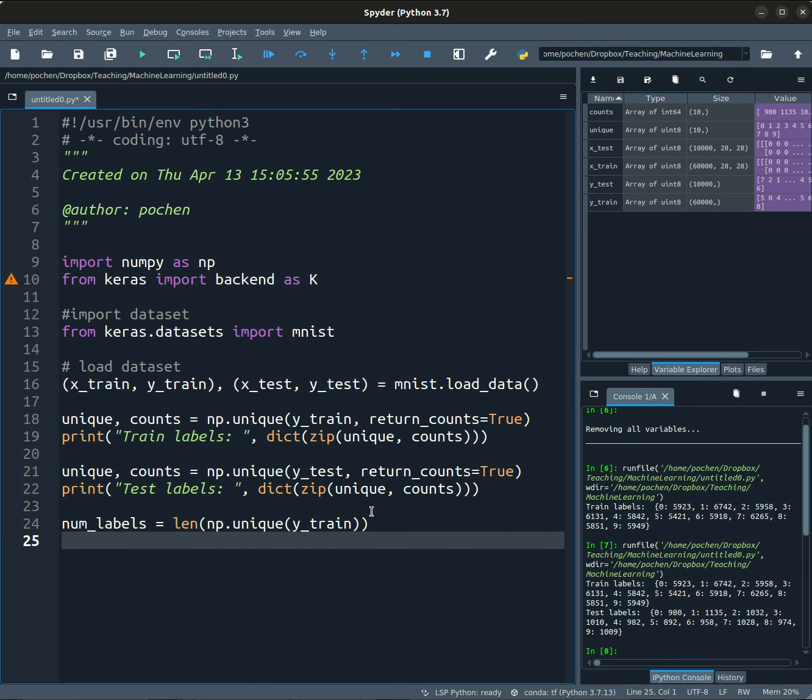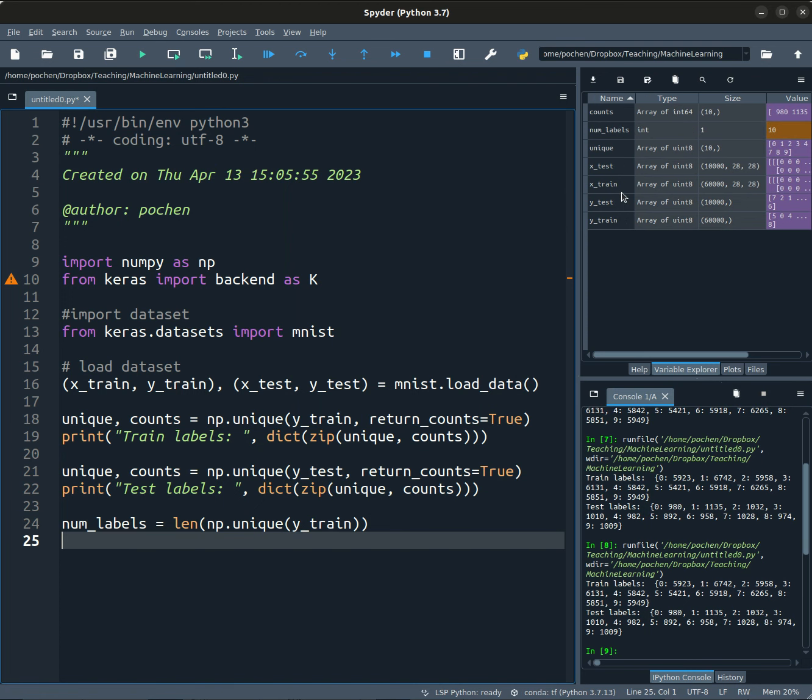So if we run it, the number of labels is going to be 10, right? It's going to have 10 labels. So what we're going to do is create a vector with 10 elements in it, right? So if for a certain image the label is 0, so it's an image of number 0, for example, that doesn't have to be 0, it could mean, say, number 8 or number 7 or something. It doesn't really matter, internally it could mean anything. But for example, 0 just means number 0, right? So if the image is the number 0,